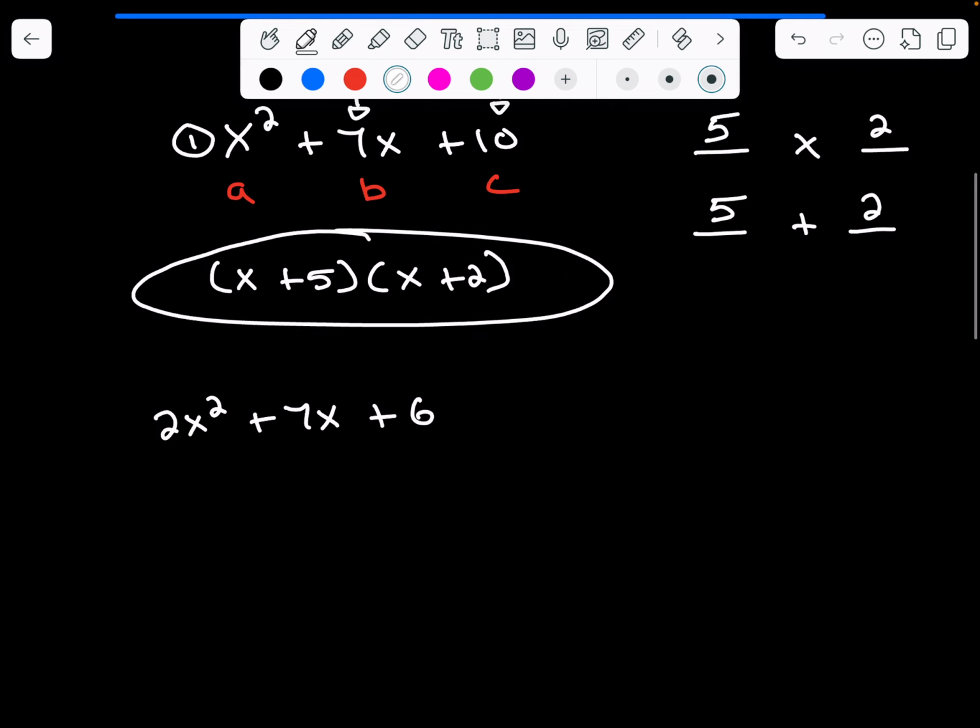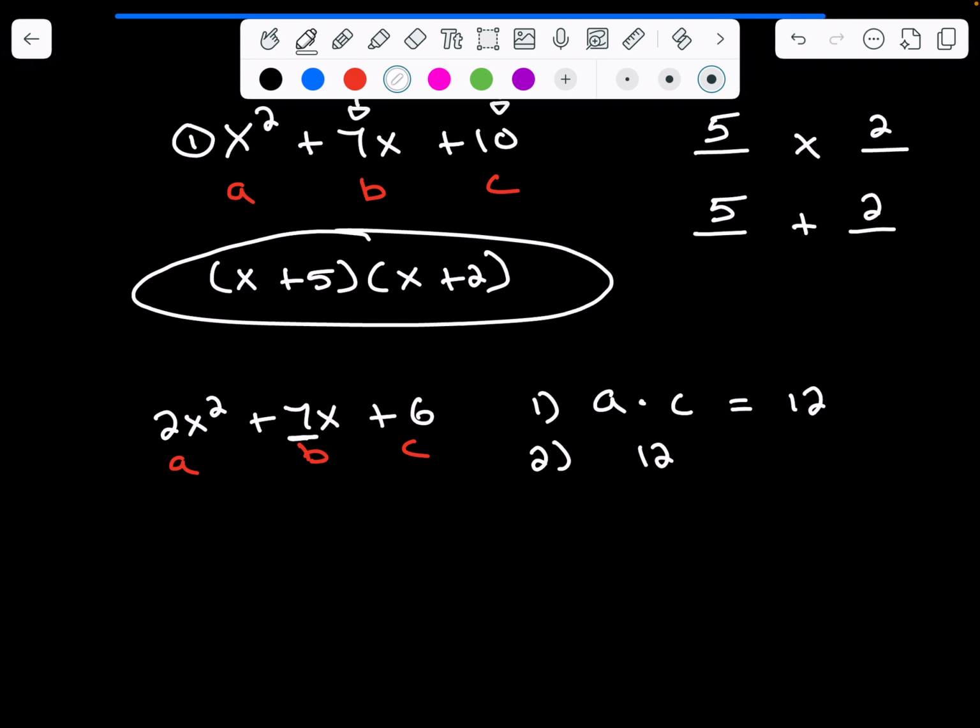So the method that we're going to use here is we're going to start by multiplying our a. Let me just label these real quick. A, B, C. We're going to multiply a times c. So this is step 1. We're going to multiply a times c. So that's 2 times 6. Well, that's 12. Now, step 2 is we're asking ourselves what two numbers multiply to get to 12 and